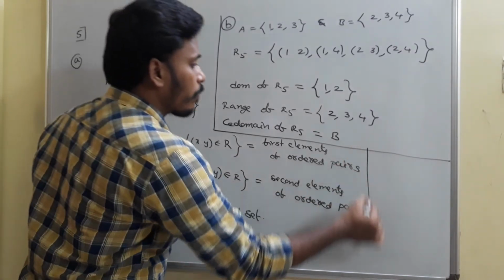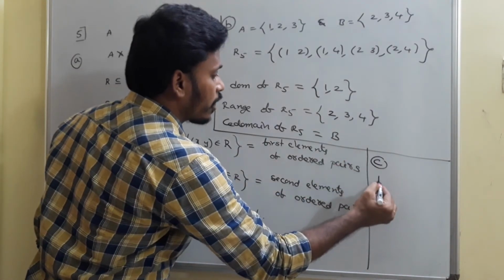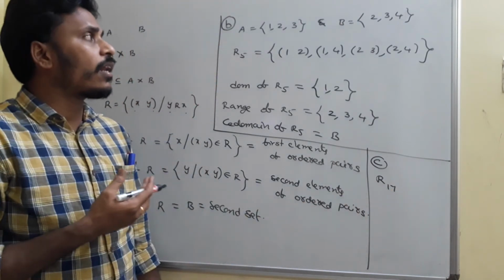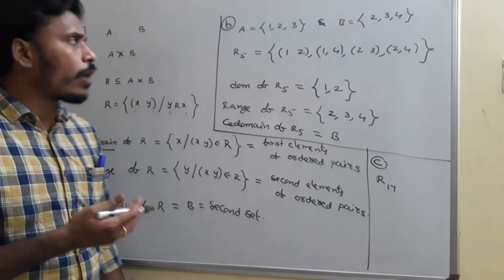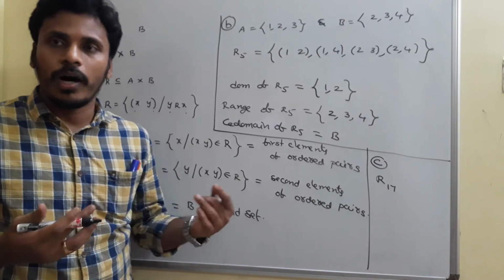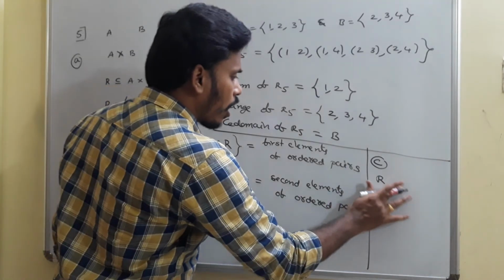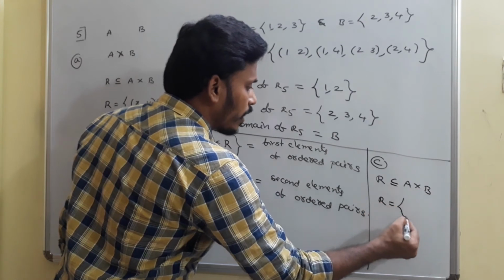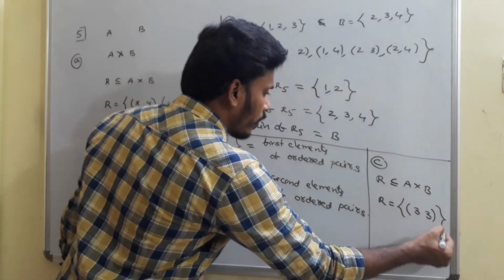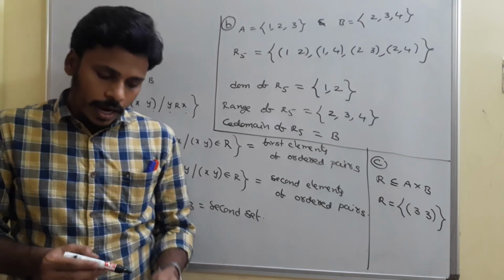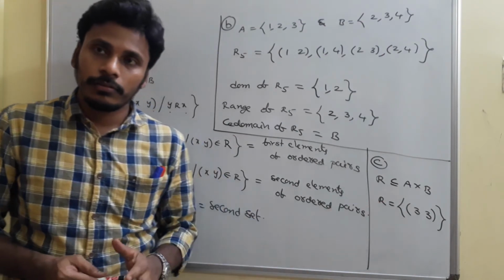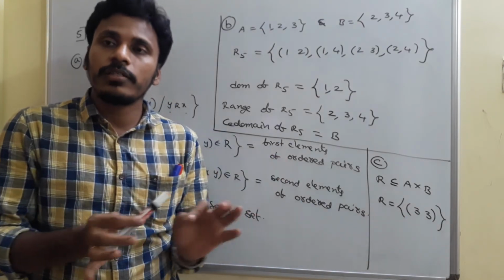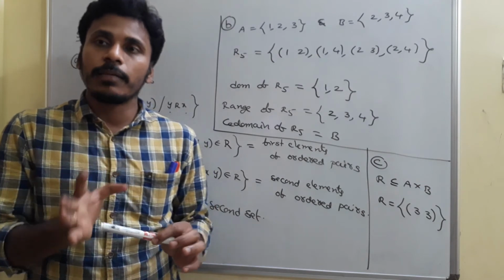Suppose, as I mentioned, you have another relation. You may say R17, any number I wish. There are many relations from that A to B. I will use some different numbers like R1, R2, R3. So for example, I have a relation R which is a subset of A cross B, and that R just contains one element (3, 3). What is the domain of this relation? The domain is the first element of this set, which is 3. So the set containing 3 is the domain of this relation.